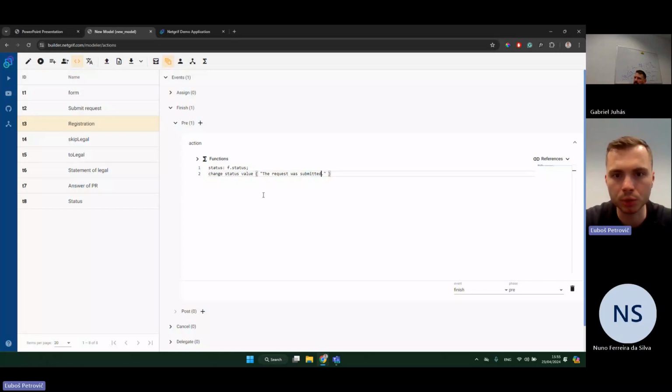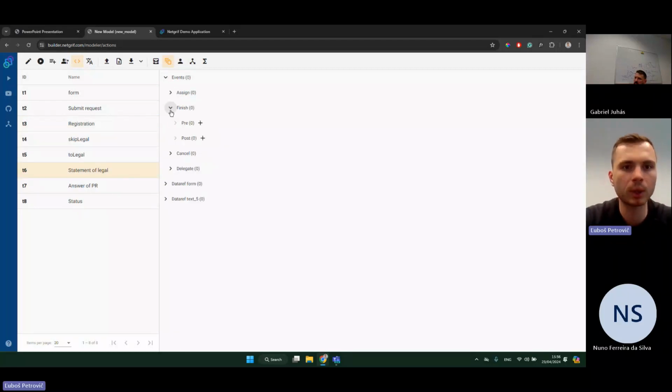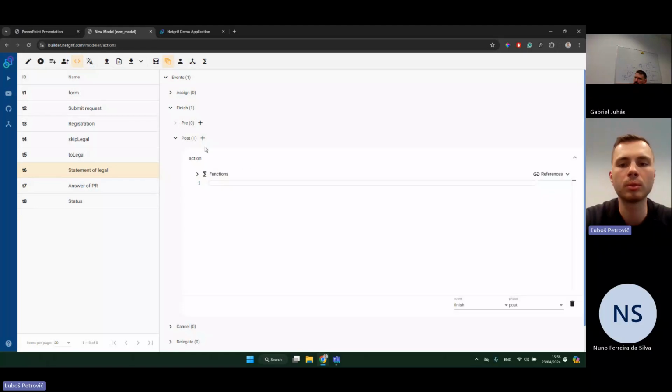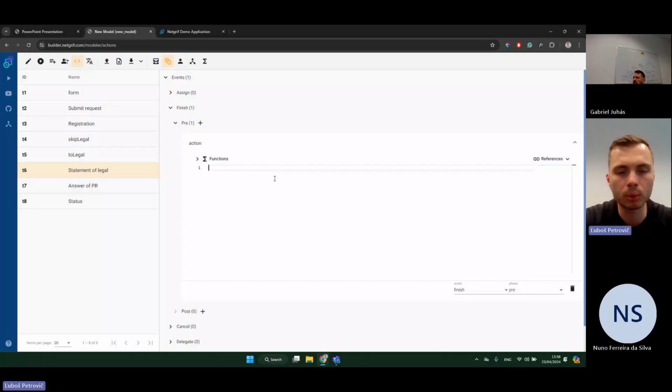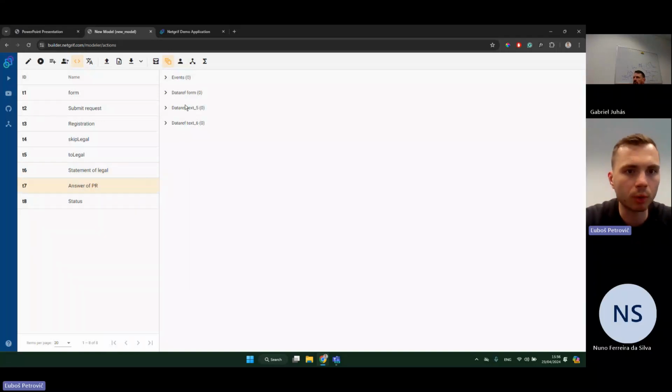Also, I want to change the status. The request was registered in this step. Once the task of registration was finished, once the statement of legal was filled, I want it to be changed to, I can make it in phase 3, the request was checked by lawyers, and on answer of PR, we want to change it to